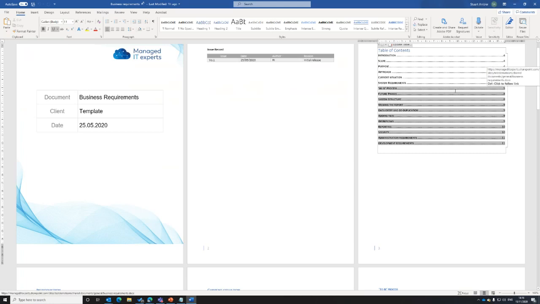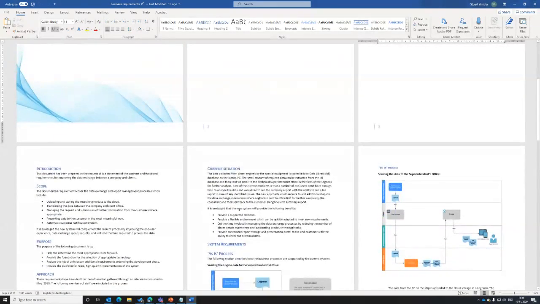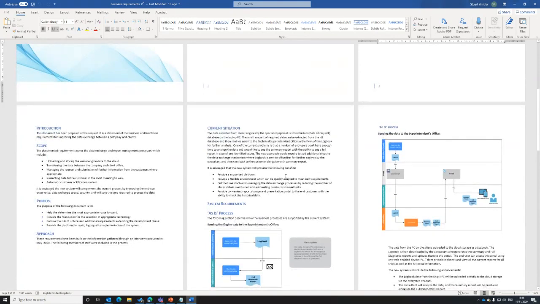We'll be able to work on and collaborate on the document effectively without any issues of version control, because we're all working off the same document, so we don't have to worry about, I've got one copy, he's got another copy, we make different changes, then we need to put two copies together. It's all just working off the one document. I can see everything that's happening here. We're making live changes, so it's live amendments that we're doing.